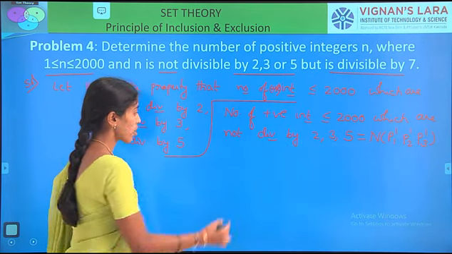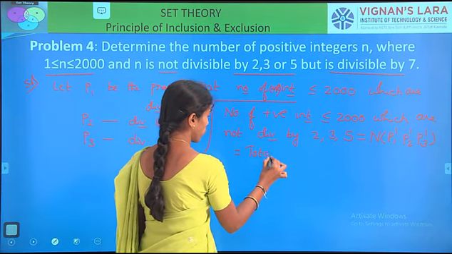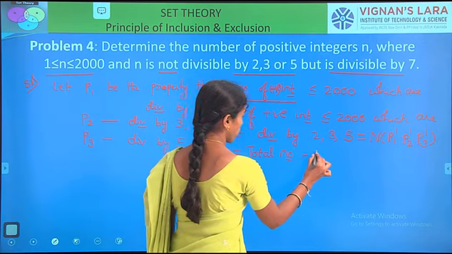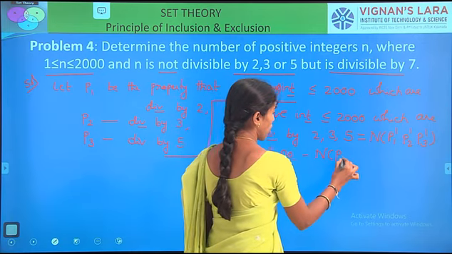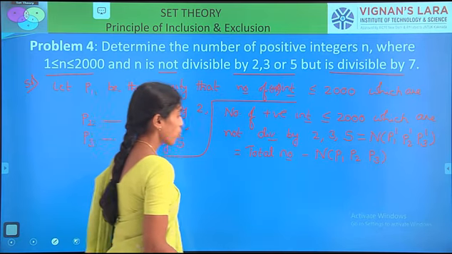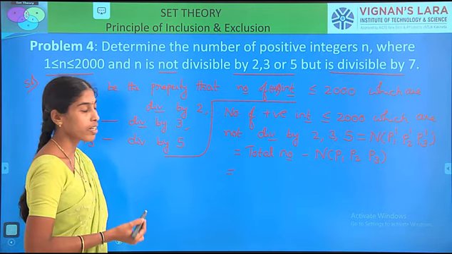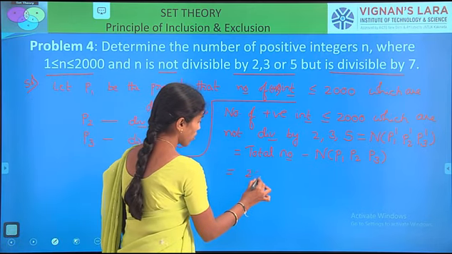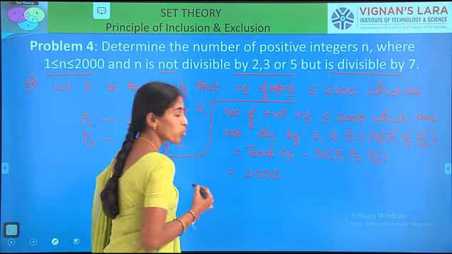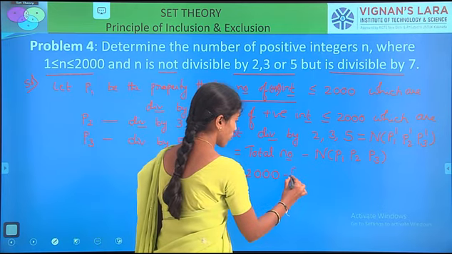How can we get this number? It is the total number minus n of P1, P2, P3. How many total positive integers are there less than or equal to 2000? It is from 1 to 2000. Total 2000 numbers are there, minus